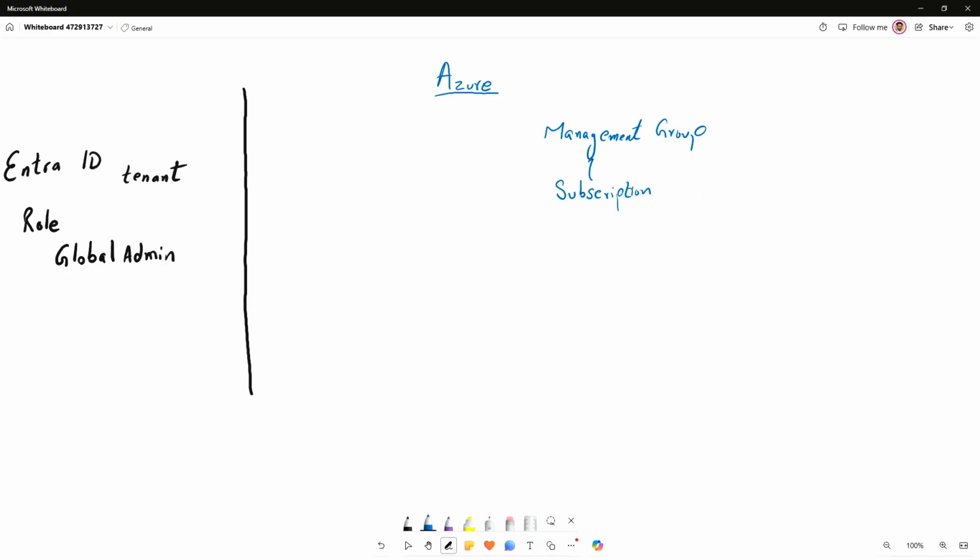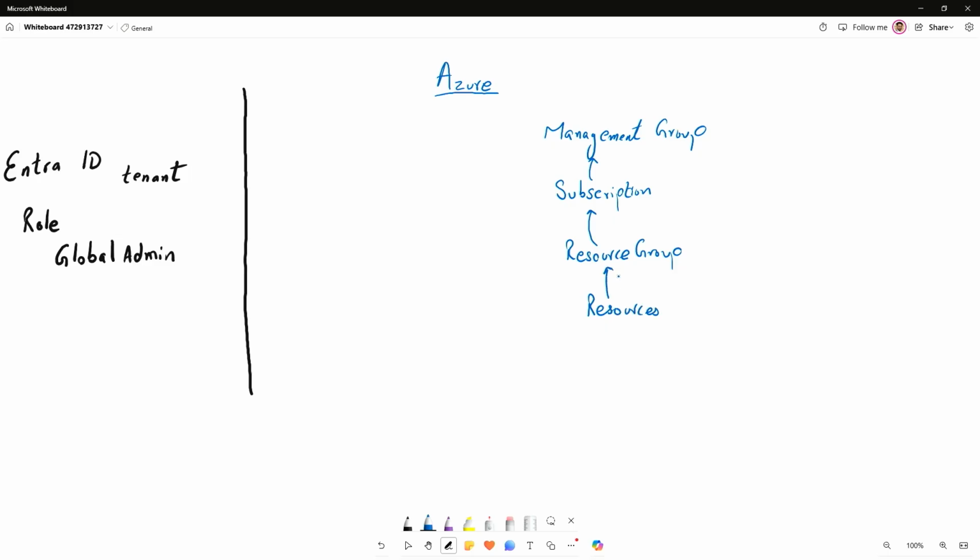And these subscriptions may or may not belong to one or other management group. Now, within my subscription, typically I'll create a resource group. This resource group will belong to a subscription, and within the resource group, I'll drop in my resources.